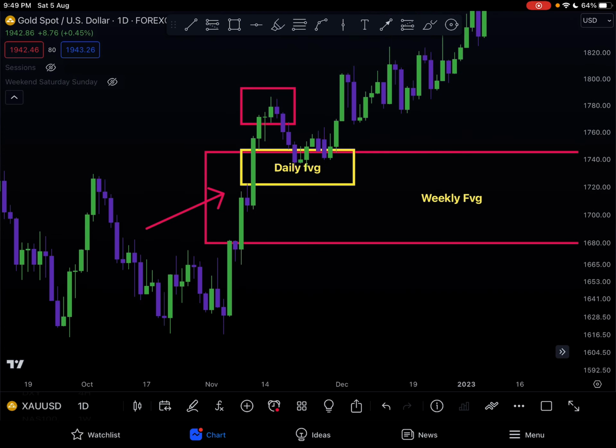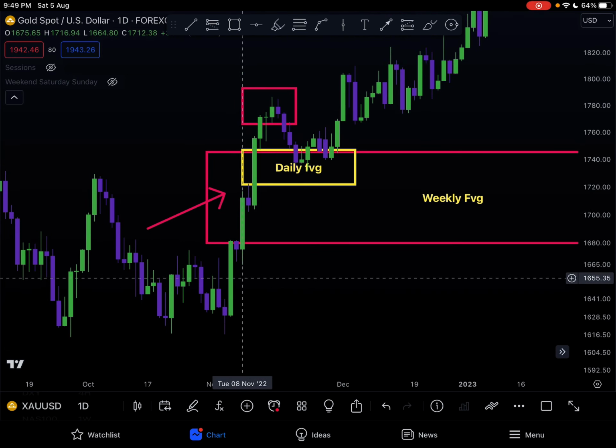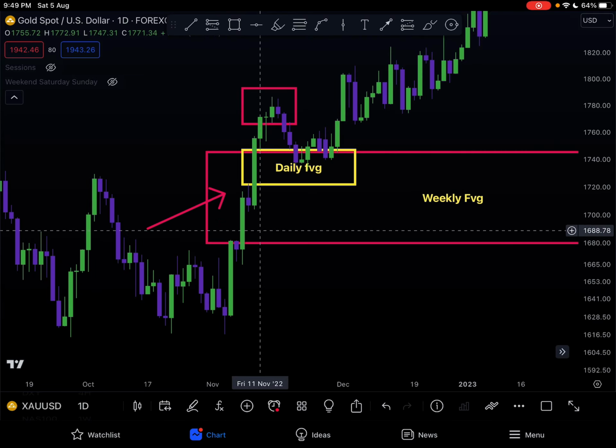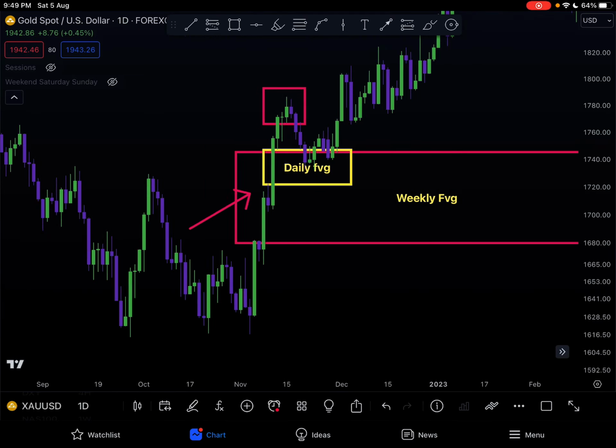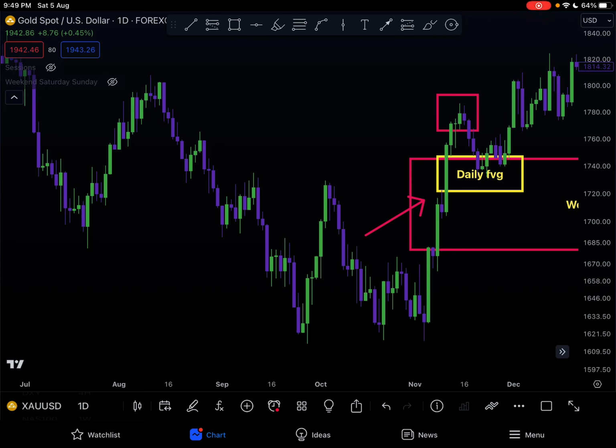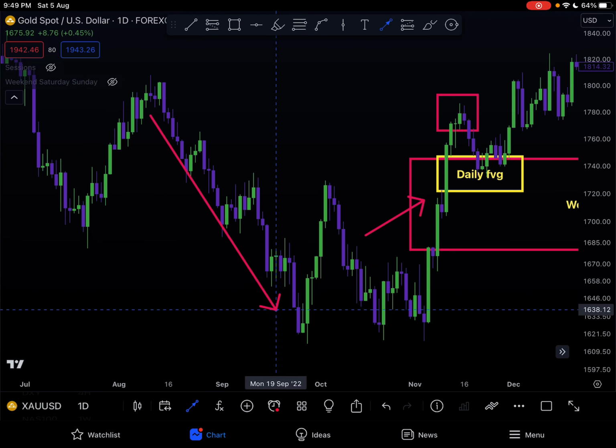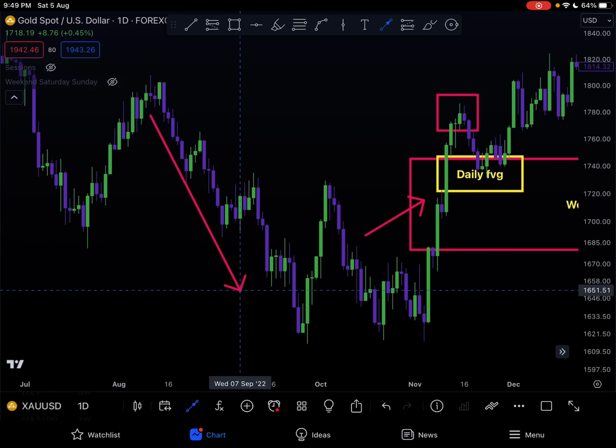You're going to sit there and see, okay, got it. Why didn't price come down to this fair value gap? Or did this fair value gap get bounced? You're going to go through so much information, like I said before. You're going to sit there and analyze this whole downtrend, right? Let's say you wanted to look at this and figure out what's going on in terms of narrative from left to right. Understandable. And we'll talk more about narrative once we get through this example here.